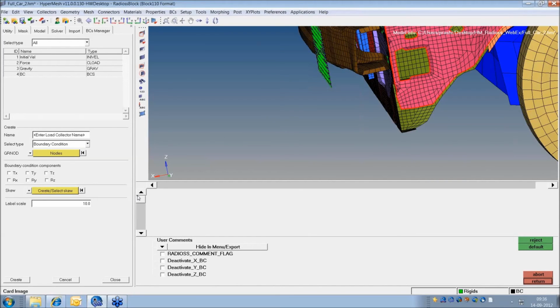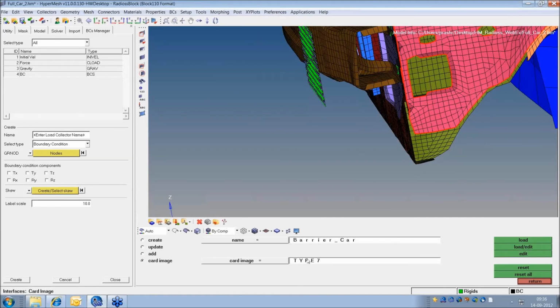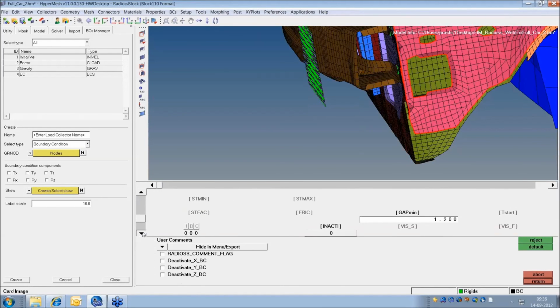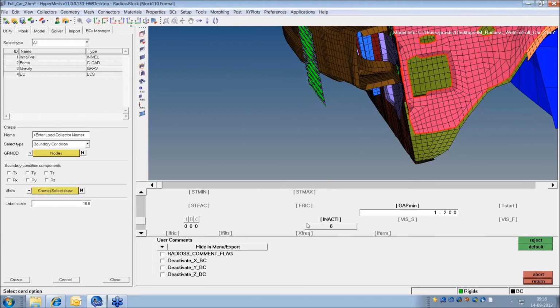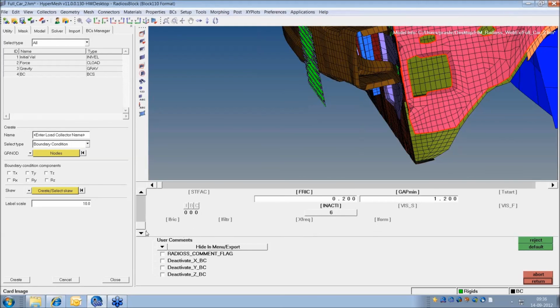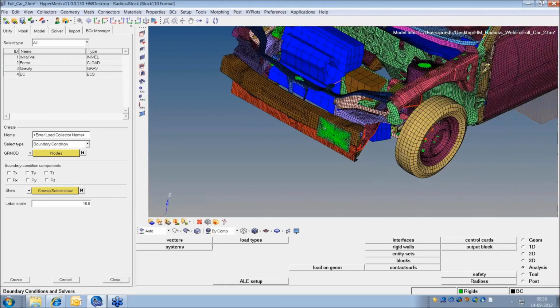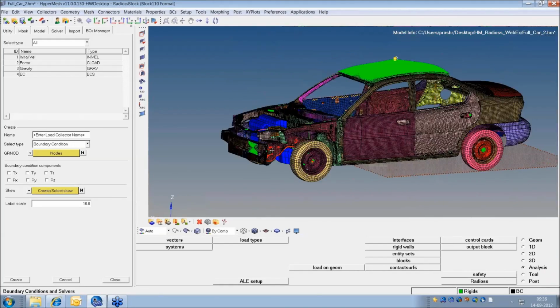What happened to my parameters? I'll just come back again and say edit. Ignore is 6, friction maybe 0.2 and iForm is 2. So I can create a contact between this and this. Okay, so now that activity is over.